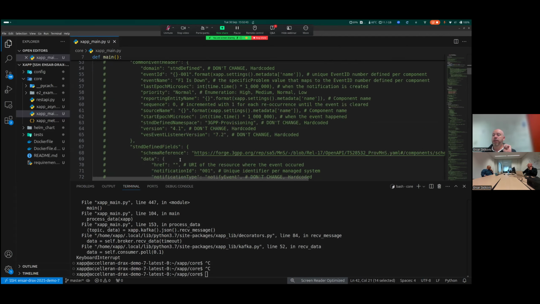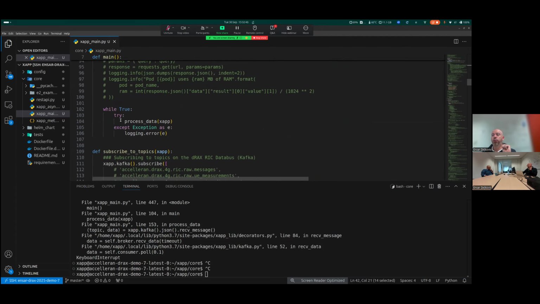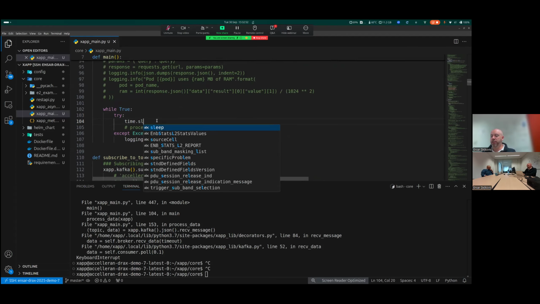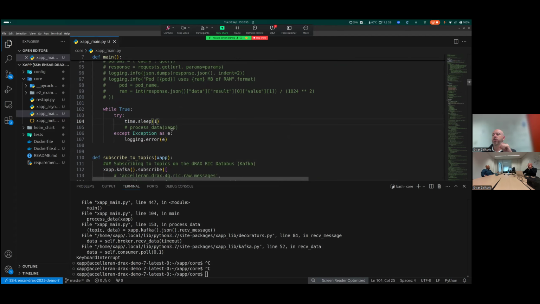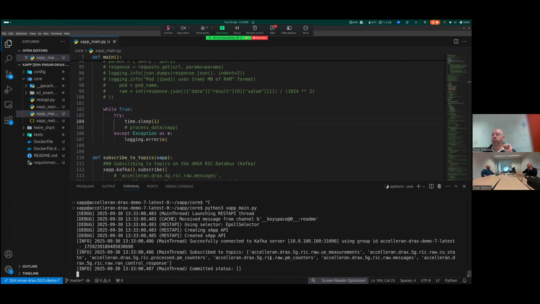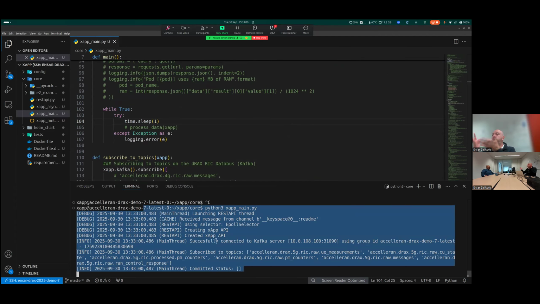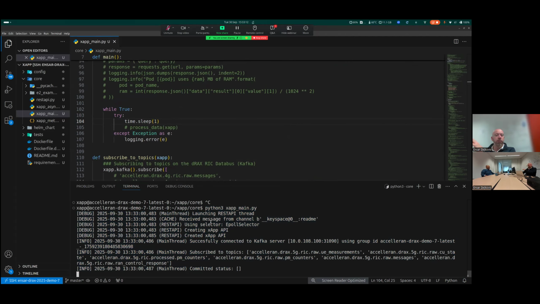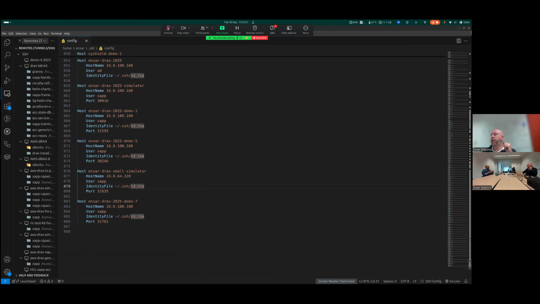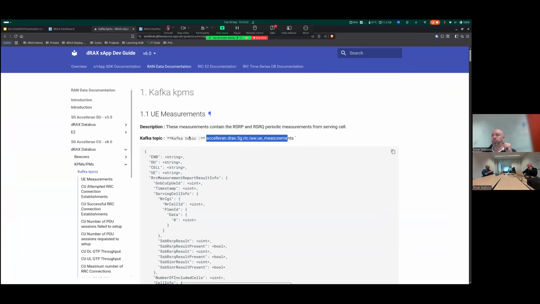There's one thing that I'll do here in the while true loop. Instead of calling this process data, I'll comment that out and just use a time.sleep(1) to keep my main thread alive so that the other thread keeps publishing in the background, right? So with that, if I now run my code in the terminal, you can see that it's running, and there's nothing fancy about it. Of course, we're not printing anything to the terminal. So how can we verify that we are actually publishing that data on the databus and that it is accessible to other xApps as well? Well, the easiest way I can think of is that we go back to our dashboard,